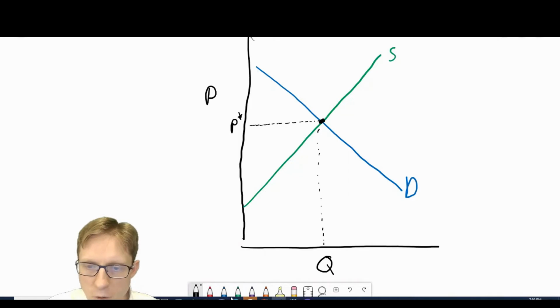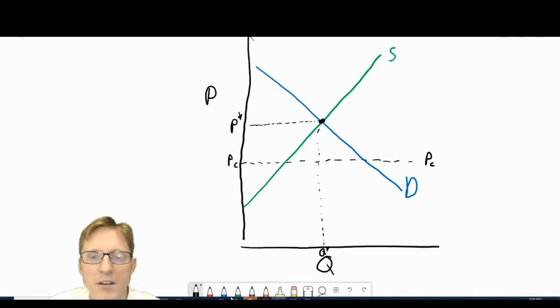And if we trace it down to the horizontal axis, that gives us the quantity in equilibrium without any intervention. Now let's assume that the government introduces some sort of price control, a price ceiling, setting a maximum allowable price for which these goods can be transacted. Okay, let's call this the price ceiling right here. At this lower price, demand is higher. That is, more consumers would like to buy the item at this lower price. So let's mark down the new amount demanded